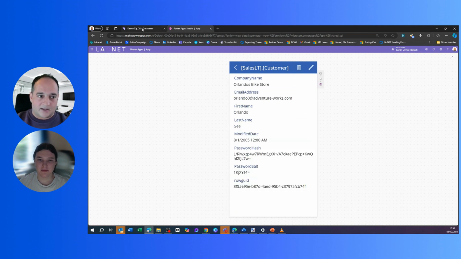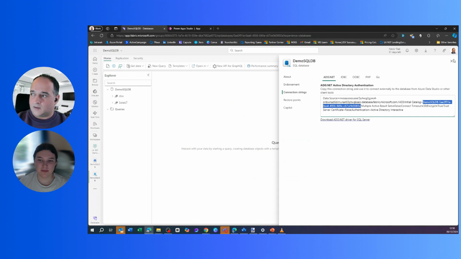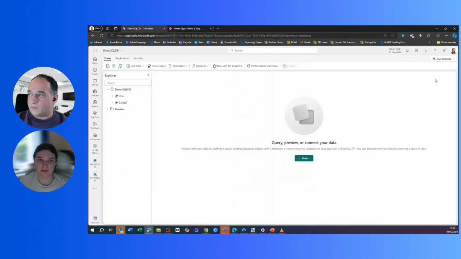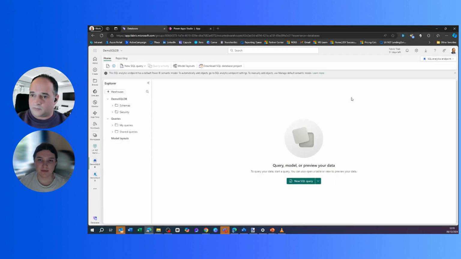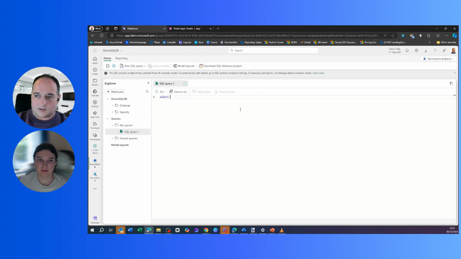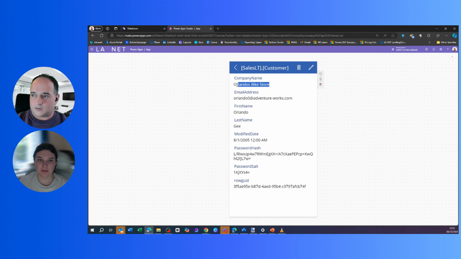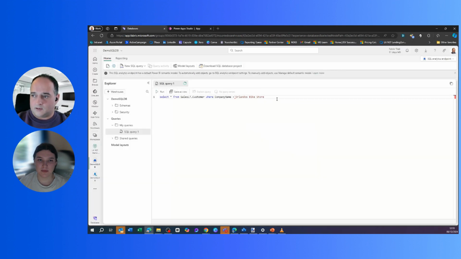Okay, so then when we go back into Fabric, we can see our database, and if we click on the analytics endpoint and we go to queries down here, I've got my queries, and we can create a new query, and we can do select star from. It's still got the schema in there, customer where company name. Let's just find that. It's going to find that record,